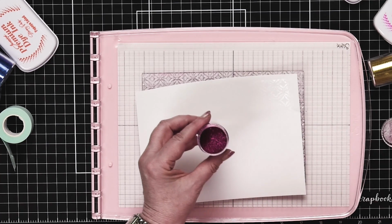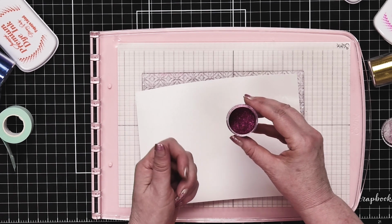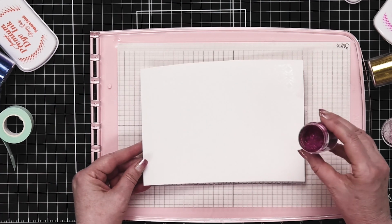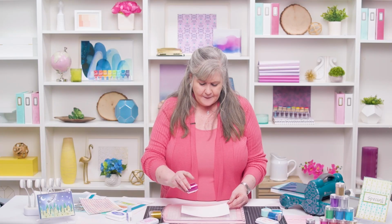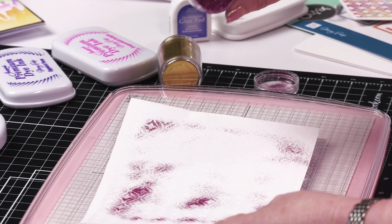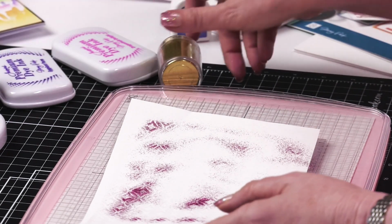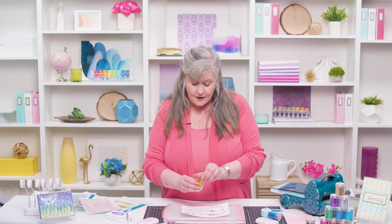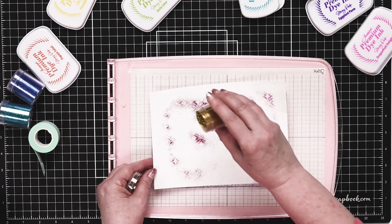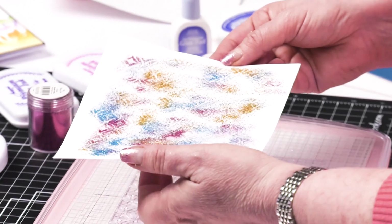Now the glitter I'm going to be using is by Couture Creations, and it is a microfine glitter, which means it's been ground almost into a dust. So a little goes a long way. And if I take it and I just drizzle some, just a little here, a little bit there, it's almost like powder. And I want to blend up my colors. I want to see beautiful, beautiful golds and pinks, and I'll add some blue. And I just come in here. It's a little bit of this and a little bit of that, but that magic happens when you take it and you...